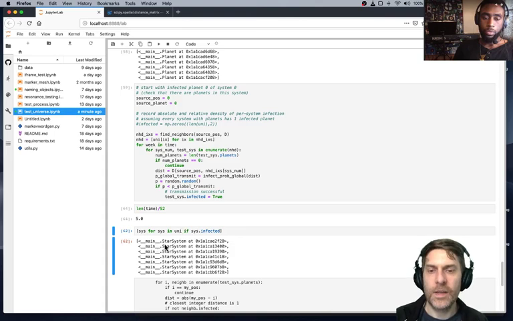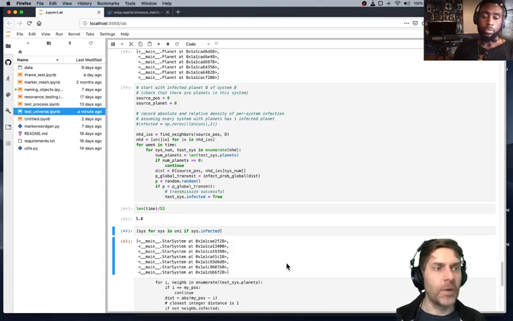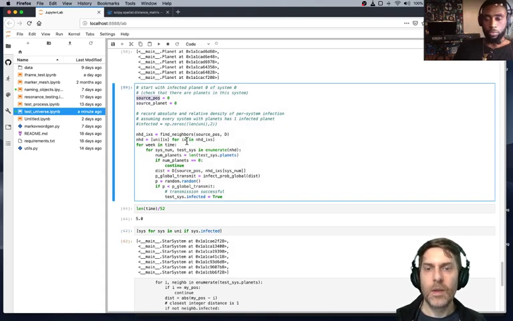Okay, so over 5 years, that one system infected however many that is: 1, 2, 3, 4, 5, 6, 7 systems. So that's not too bad, because you have to remember that's going to be exponentially growing, right? Because over time, each of these, we assume, is going to become a seed for further spreading. But we haven't allowed for that yet, right? We've hardwired the source to be this one planet that we first